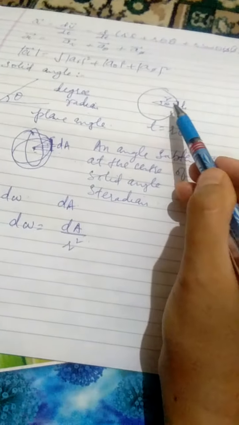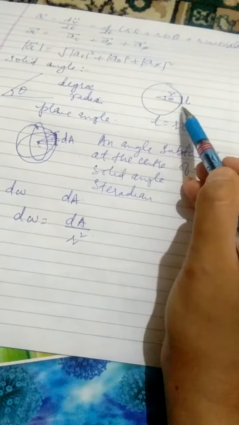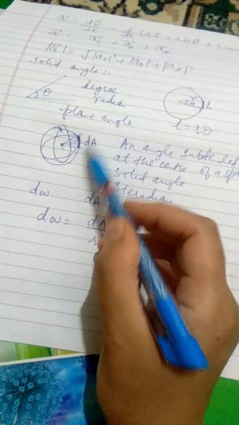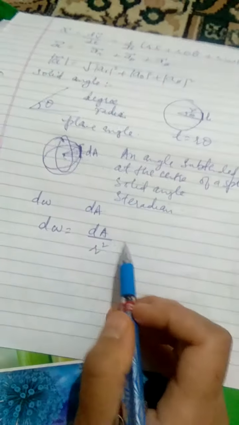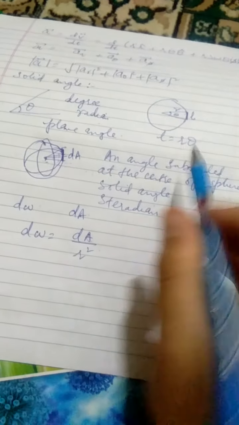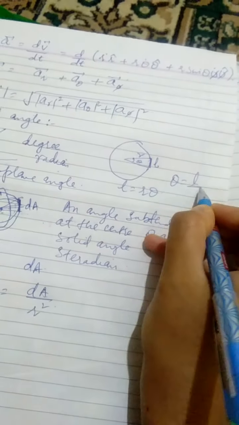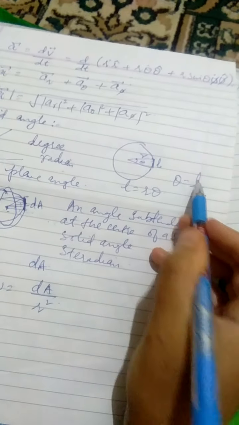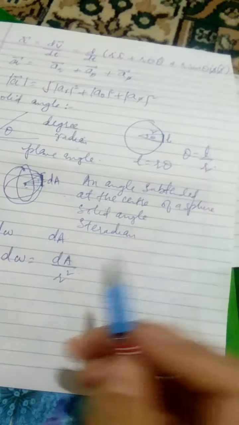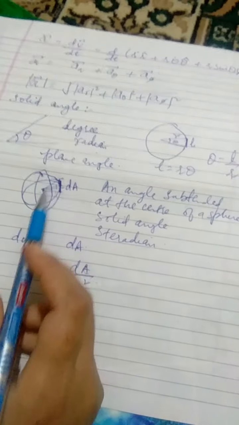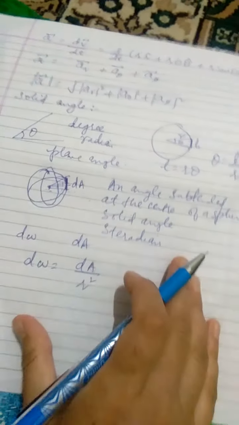This is quite in analogy with this. Here it was length of arc divided by radius of circle. But in this case, only a length is not involved, an area is involved. So it is the angle subtended by an area. Therefore, in analogy with this expression, because here you can find that theta is actually L by R. It is the length of the arc and radius of the circle. Here it is the area of the area element and radius square. That is the radius of the sphere.